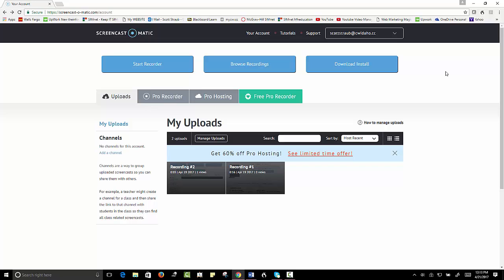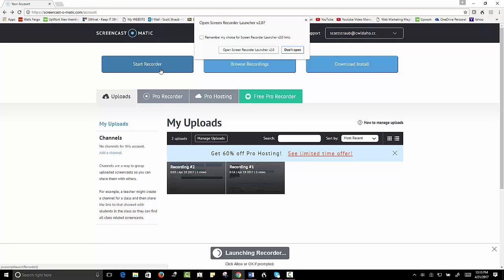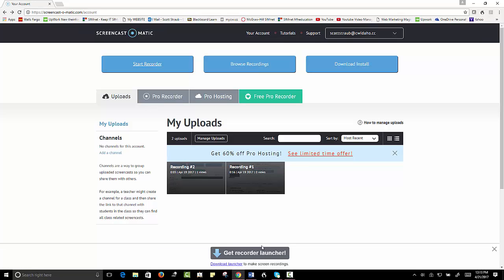Now, while Screencast-O-matic is simple, you do have to install the launcher. And depending on your computer and how it's set up, this can happen in several different ways. So I'm going to do it for you here. And I'm going to press Start Recorder. And since I've already done this before, you may not see this little screen up here. It's going to try to launch the recorder, and down here it says Get Recorder Launcher. You will have to do this. If you click on it,